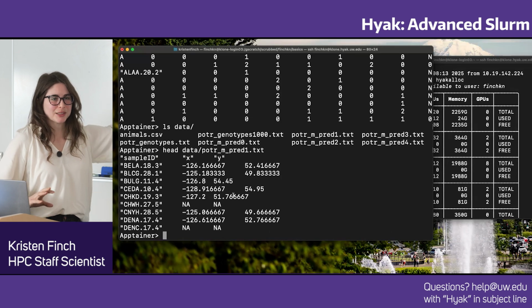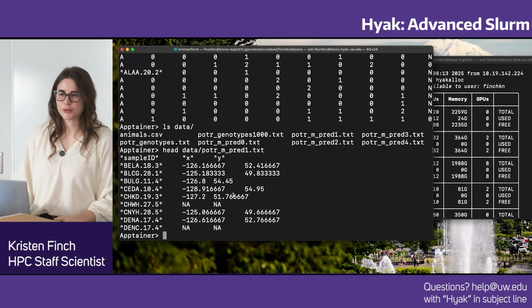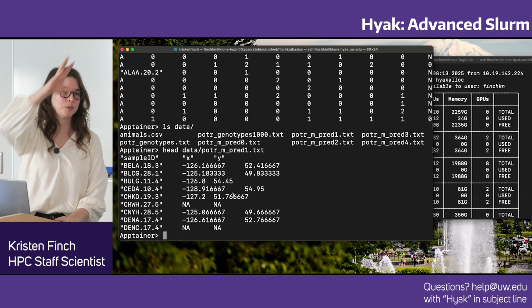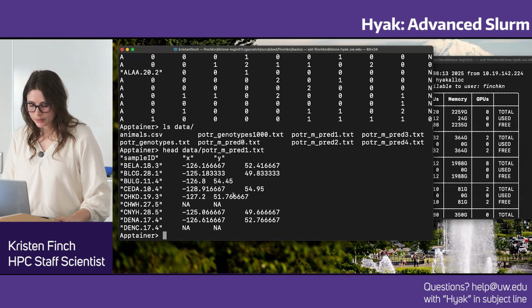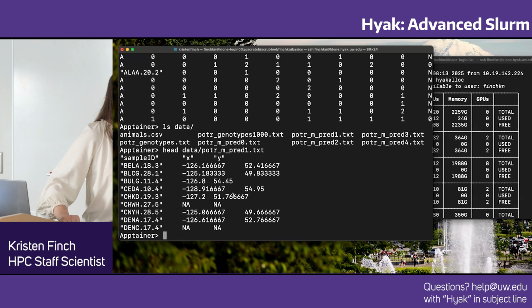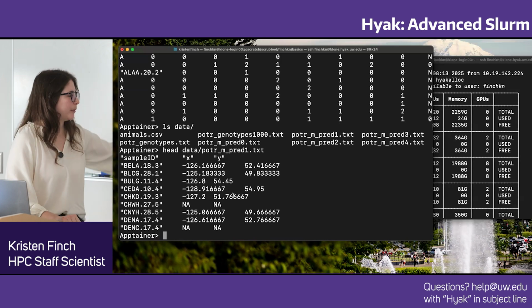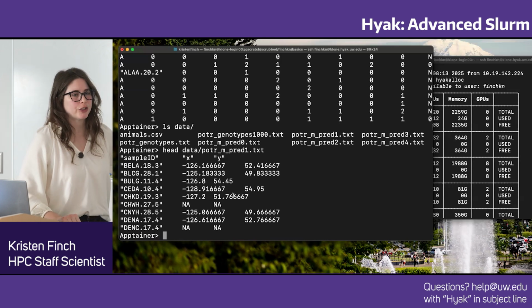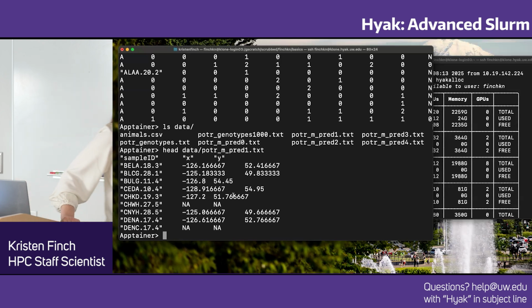So northwest hemisphere is kind of where these trees grow. Actually, this data set was collected in British Columbia. Okay. And you'll also notice that some of the trees have NA. What we're doing here is marking these as known location trees. But for each one of these